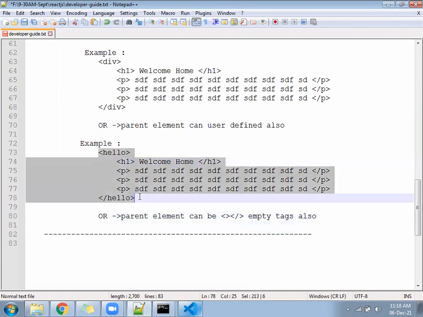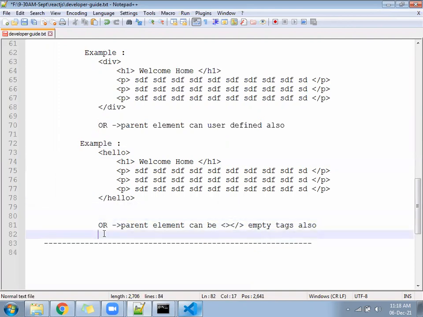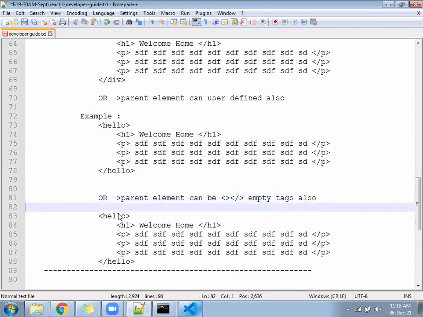Copy the same div and paste here, and change the inside, converting it into an empty tag. This will also work. So the parent element is not only a division, not only hello, it can be anything, even an empty tag.